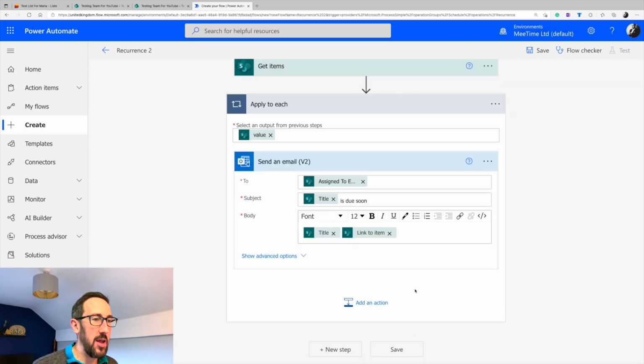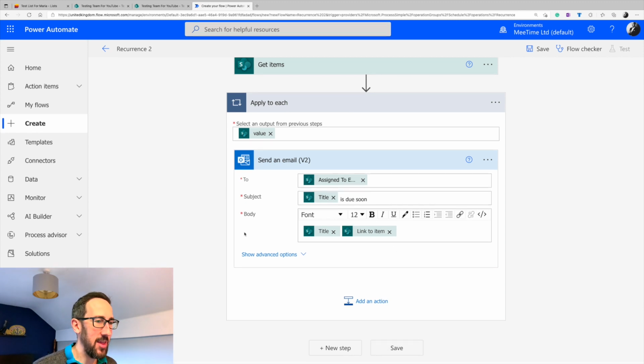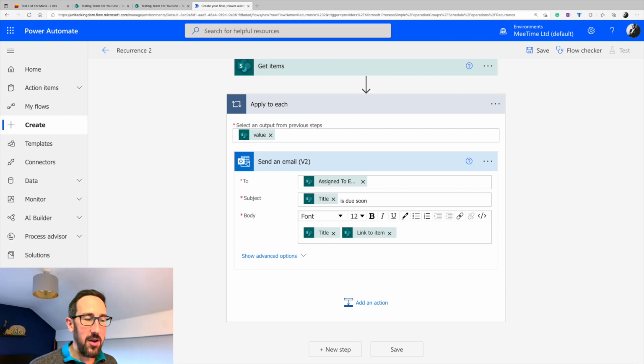So that's all we need to do. Then we just click save, and that's good to go. I'm not going to save it because I've already got one set up, so I don't want to have two things running. And then the last bit of automation that we need to make this really work is that